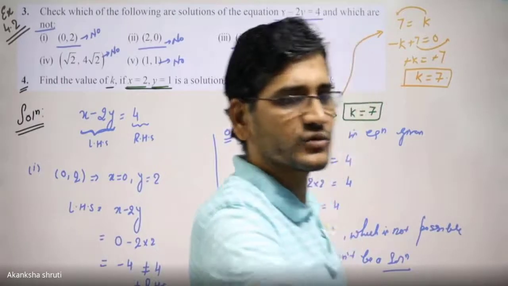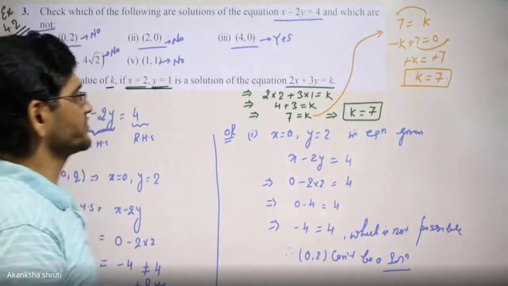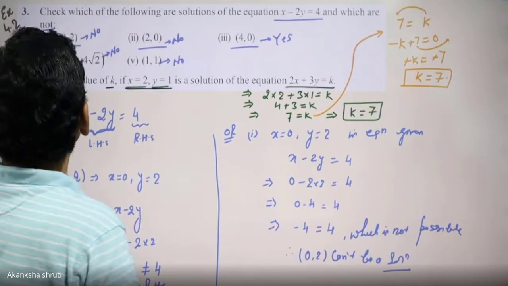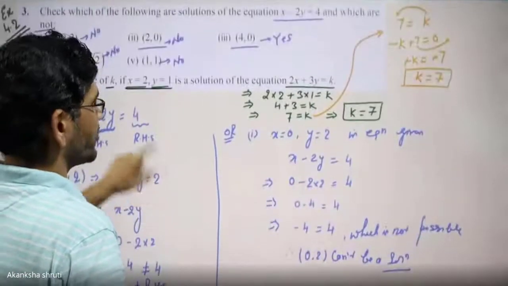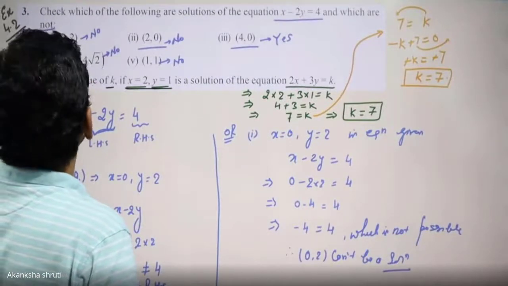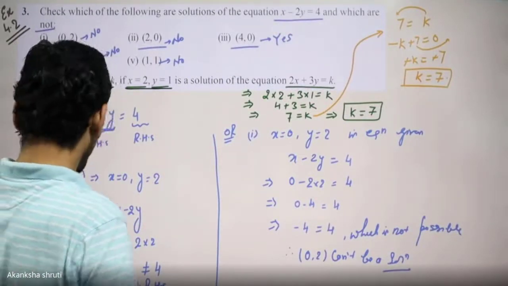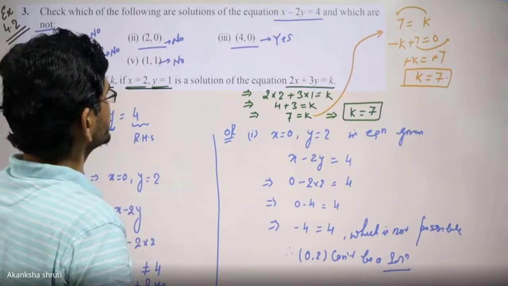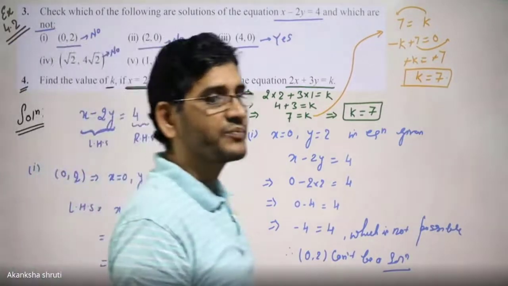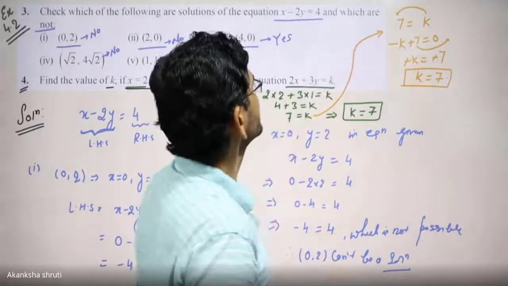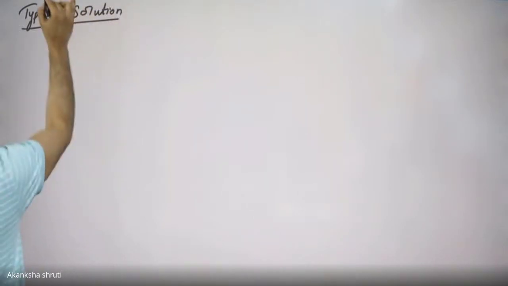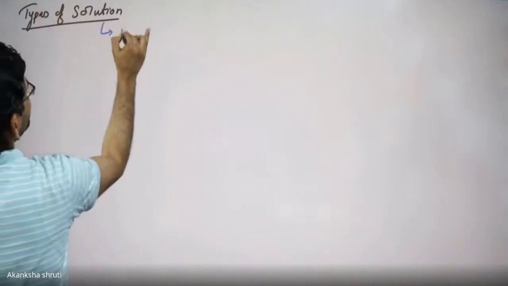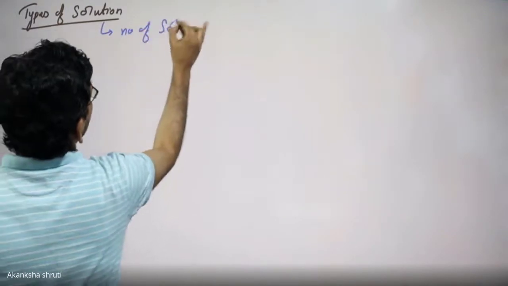Yeah, if any student has any doubt, then please tell me, otherwise we will stop the class here. So in this way, students, we have learned checking the solution, whether it is linear or not. That is the first thing that we have learned. Students, there are other things related to the solution. One is called the type of solution. Let us quickly see the types of solution. Types of solution basically means the number of solutions.